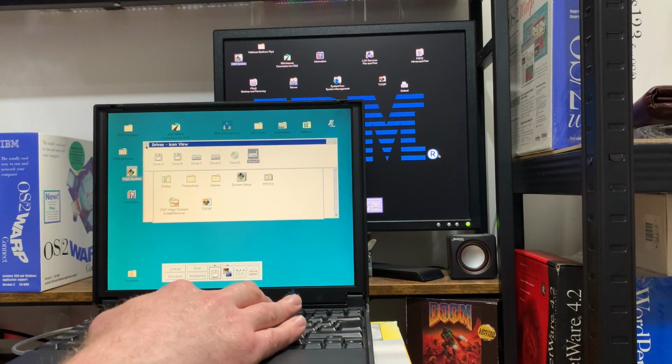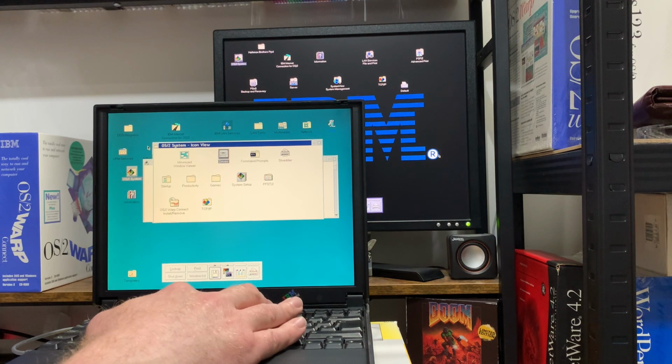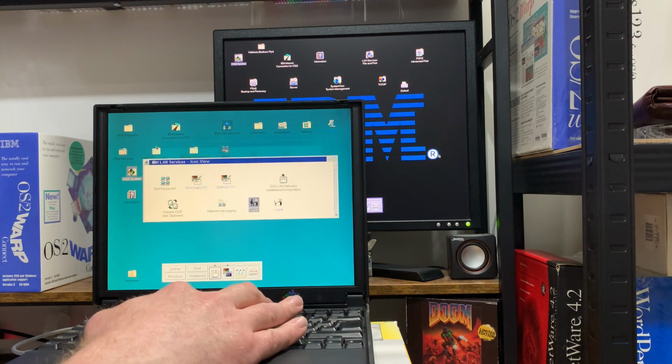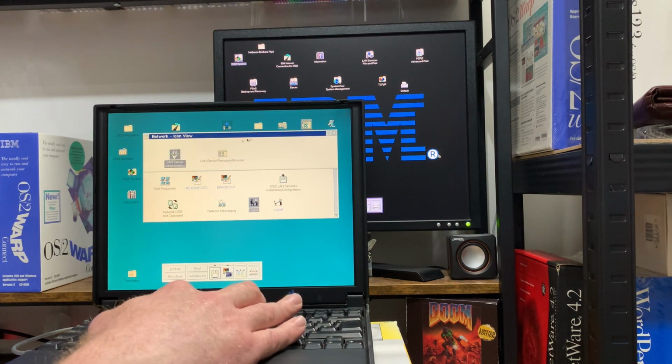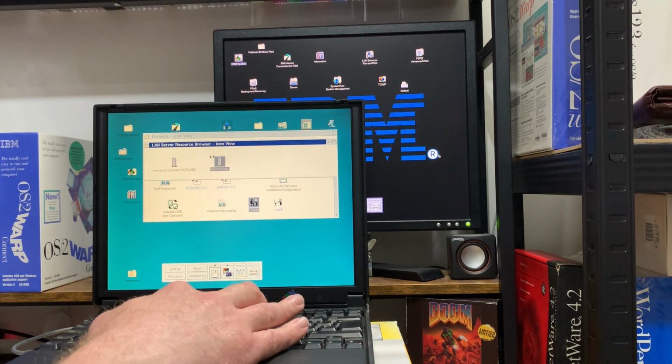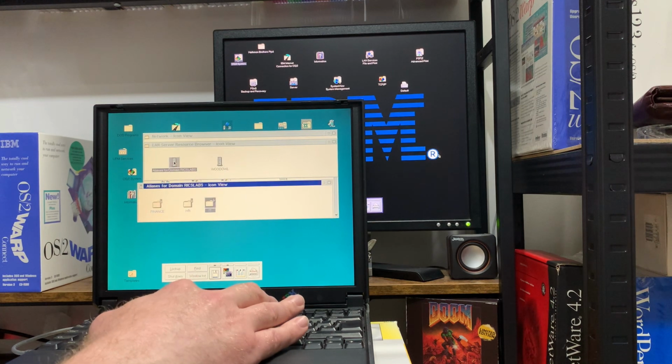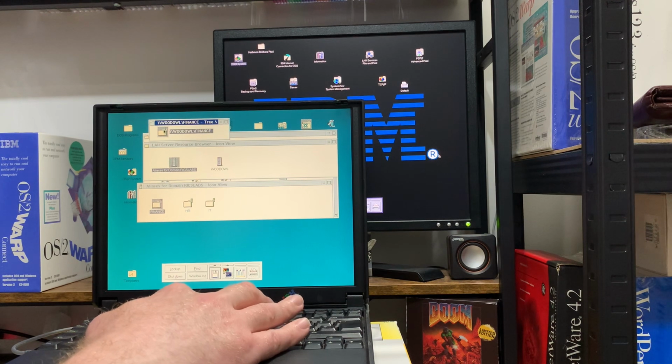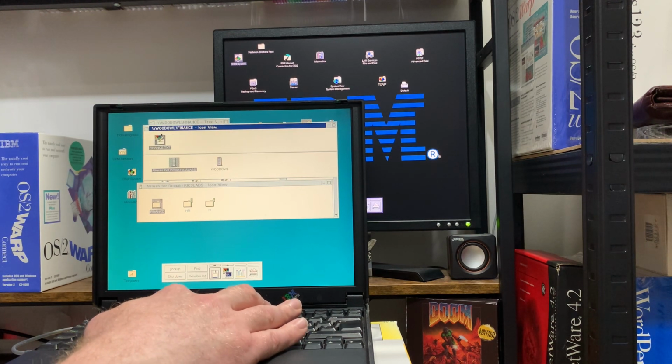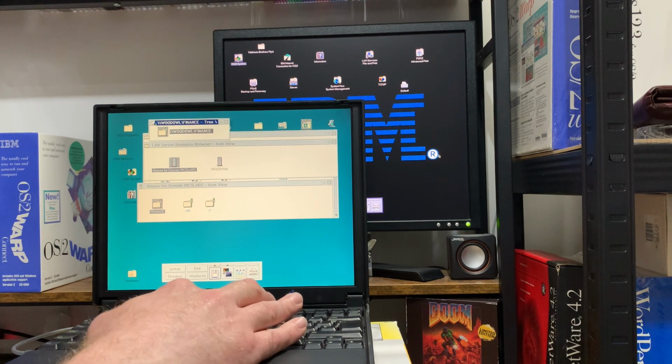Okay, so let's take a look at those network aliases again. So that was back to the desktop, then Network, LAN Server Resource Browser, aliases for domain RixLabs. Once again, we can see our three shared folders, Finance, HR, and IT. And if we try and go into Finance, it works just fine. If we try and go into IT,